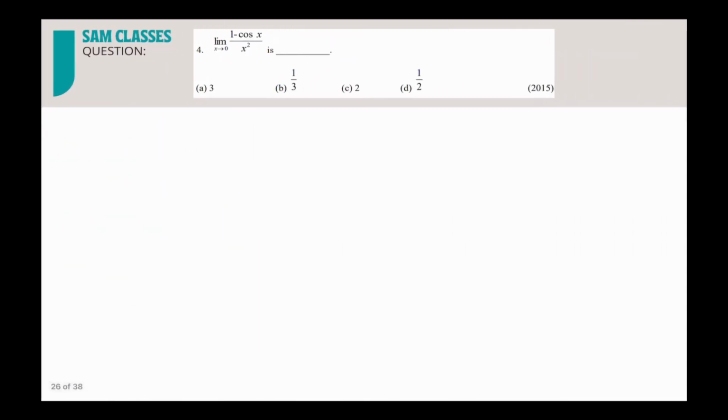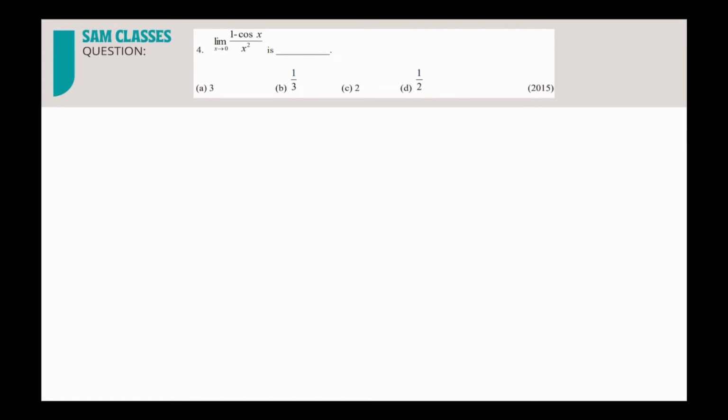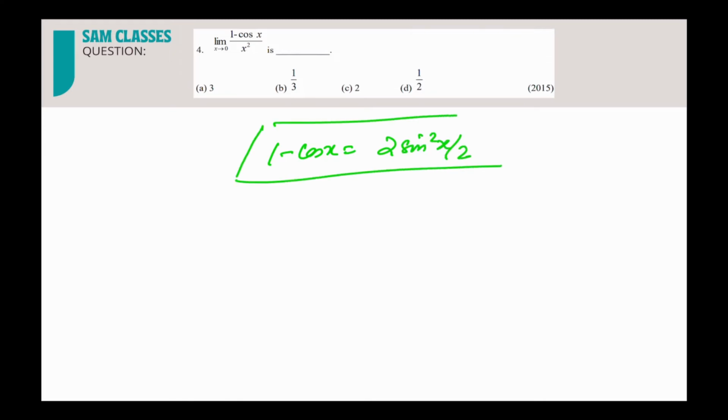Limit x tends to 0, (1 minus cos x) by x square. A very simple question. See, whenever you get this, I already told you to mug up one very important formula. What is that formula? 1 minus cos x is nothing but 2 sine square x by 2, student. Okay, 1 minus cos x is what? 2 sine square x by 2. So limit x tends to 0, instead of 1 minus cos x, can I write it as 2 sine square x by 2, and by